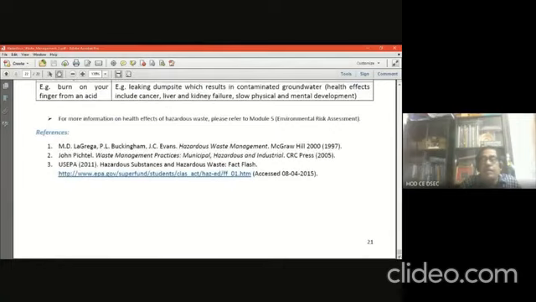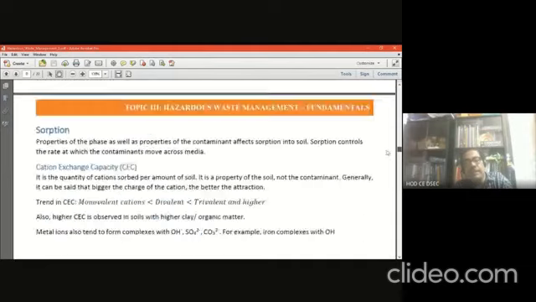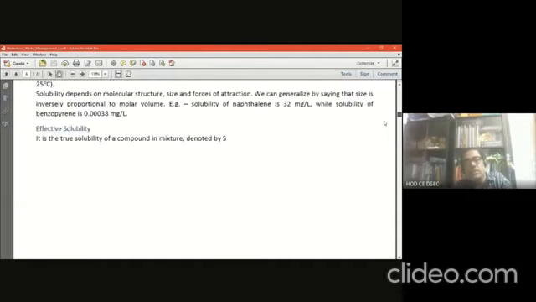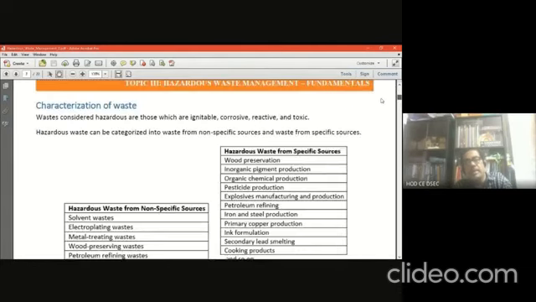So this is the end of my module 8, that is the hazardous waste. I have described elaborately the different types, characteristics, and how to handle these hazardous wastes, because the characteristics and the properties of the hazardous waste I have also defined many times in my full lectures in module 8. I will definitely upload my lecture notes and video lectures in Google Classroom.